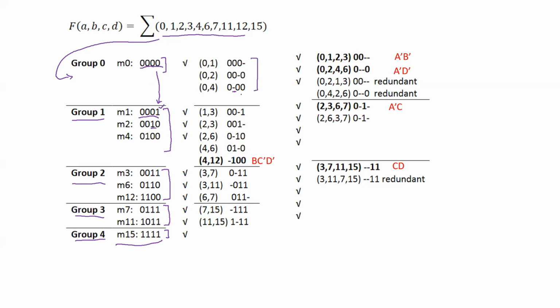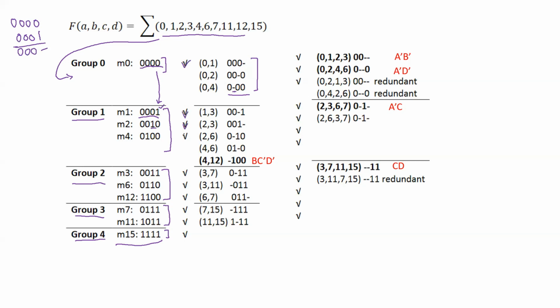So what we have done in this step, we have written like this: 0, 0, 0, 0, and then 0, 0, 0, 1. So they are common. So common will be written as this. Which is not common will be written by a hyphen. So that is what we have done for this. So this grouping is being completed.